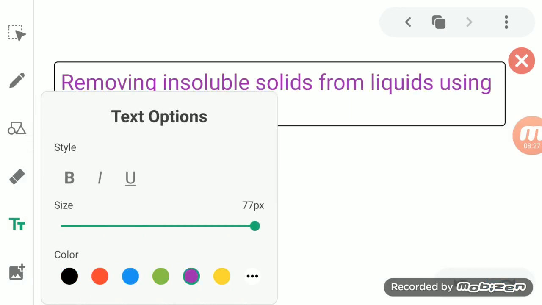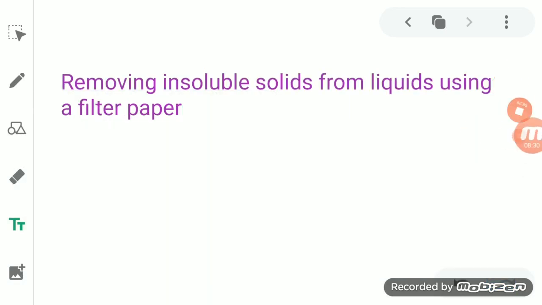So you see here, suppose two substances are there, a solid as well as a liquid, and the solid is not soluble, it does not get dissolved in the liquid. So we go through this process, and that is the process of filtration. By using a filter paper we can separate the solid from the liquid. So this process in which we remove the insoluble solid from the liquid by using a filter paper is called filtration. Okay,